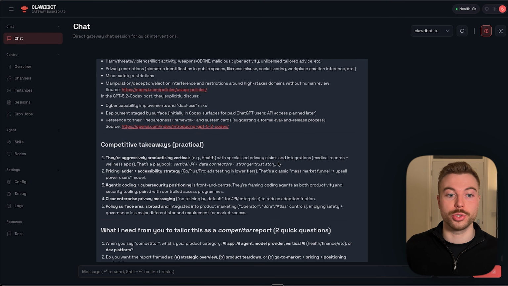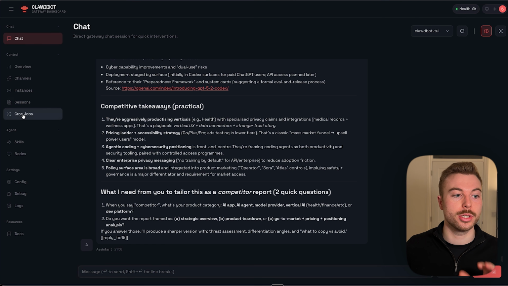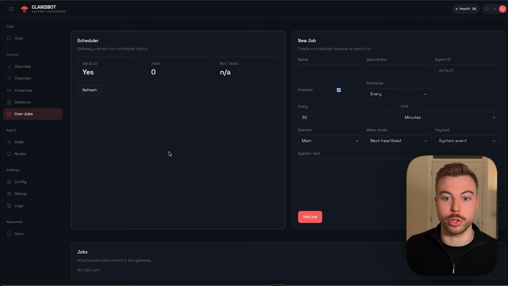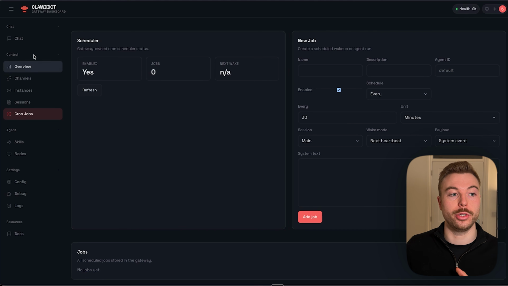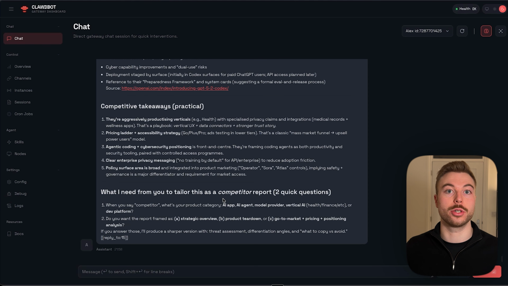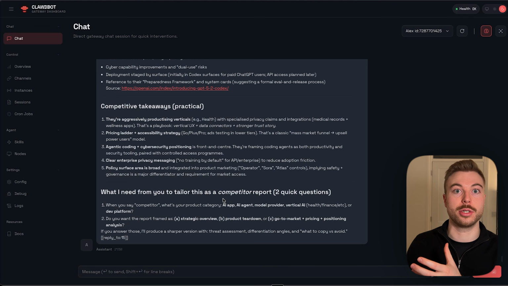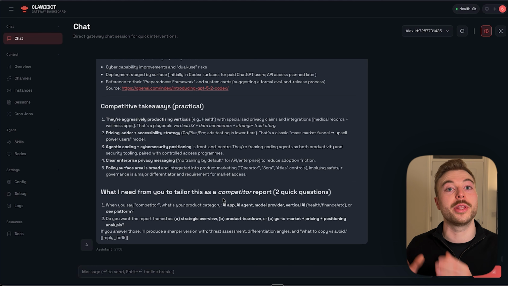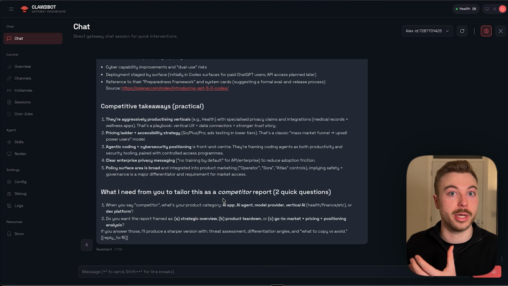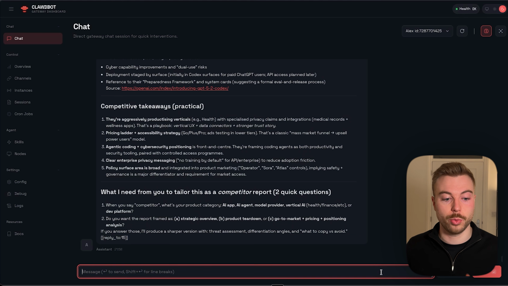Now, something else I want to show as well, which I think is really important, is something called chronological jobs. So as it learns more about you, it'll be able to go through and actually start producing outputs for you on repeat, almost like a more automated but intelligent process. And this is one of the reasons that people are absolutely loving Clawdbot, because it enables that persistent knowledge about you and what you're able to do. But then we can get it to go through and basically automate and sequence a load of processes in the background as well. So for example, within our terminal interface, as we can see in here again,